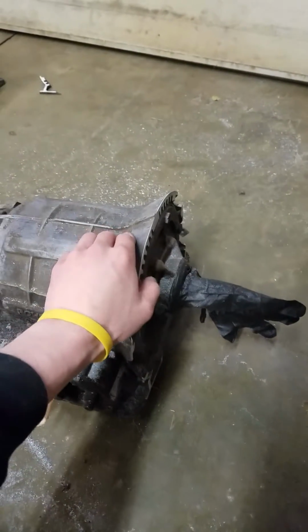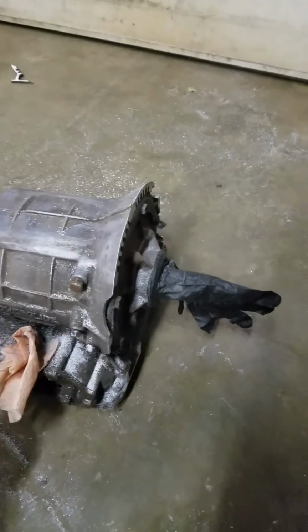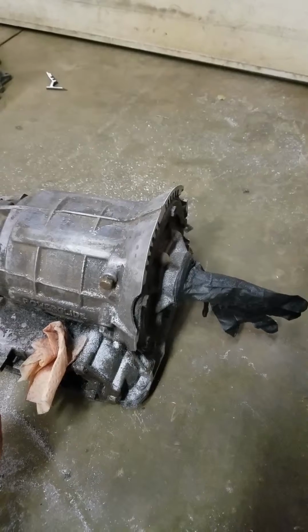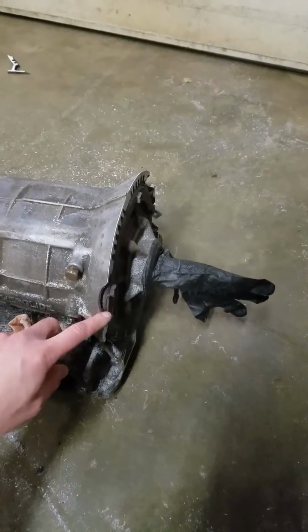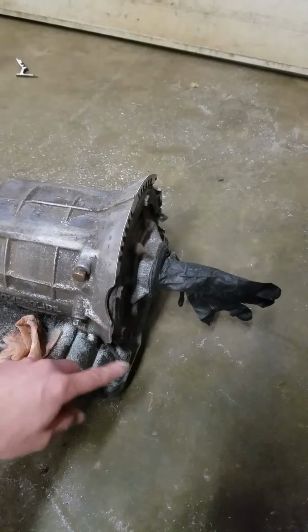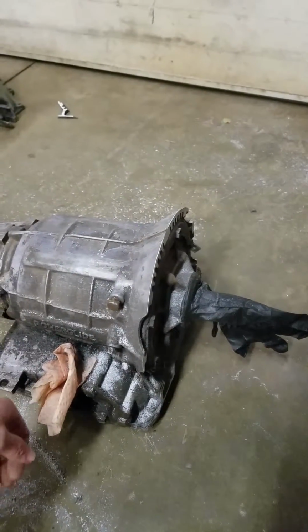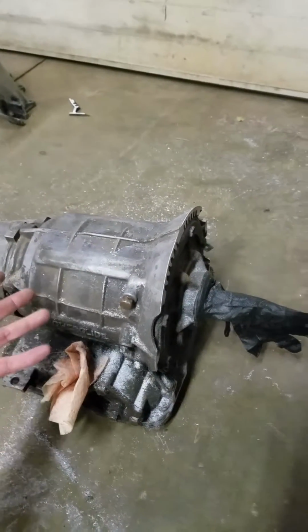I like to start with leaving a little bit of extra because you can always go back and trim it. You don't want to cut it too short and cause yourself any problems there. But I would also recommend, if you have the choice, why not start with the case that has the holes in it? That way you're not wasting a good case essentially for another build,